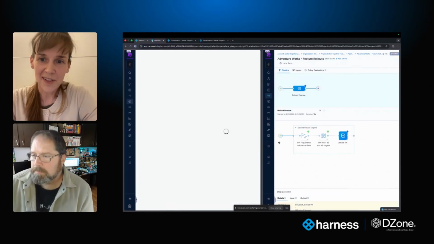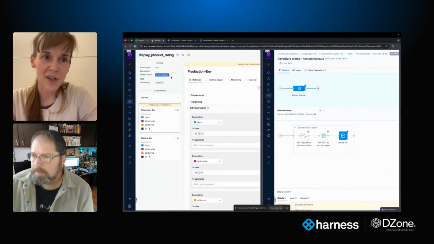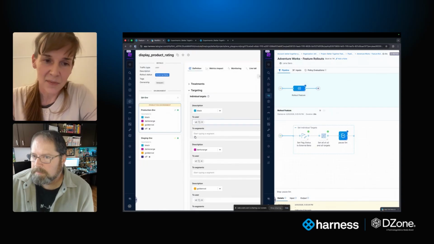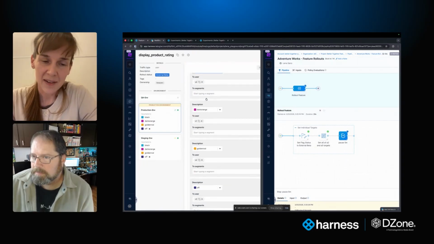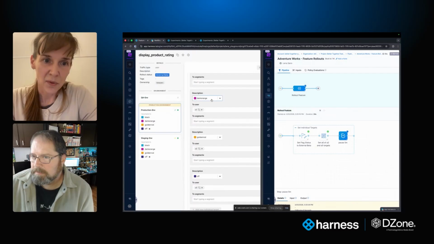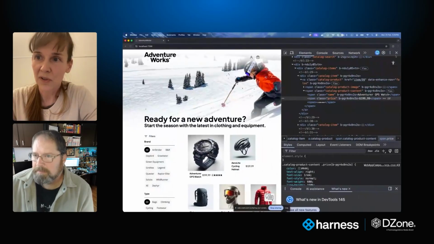So the first thing it does is it sets the flag status. So my team knows that we're doing external beta with this feature. And the second thing it did was set targets. So the user keys here are served this treatment. A0 user key is served black stars, A1 is served orange, A2 is served gold, and A3 is off. Now what that looks like for our users